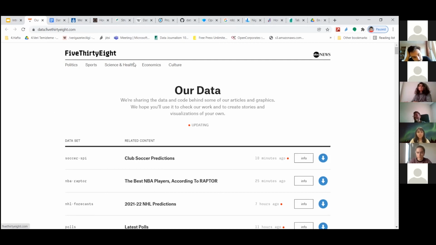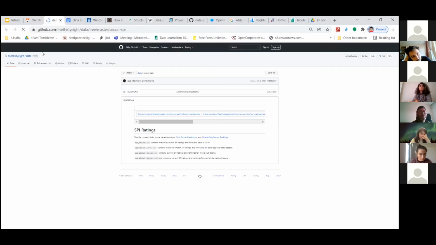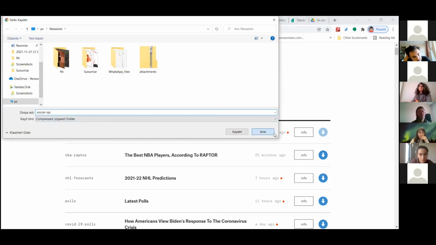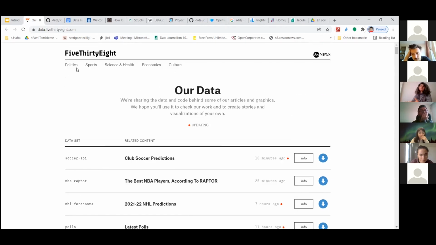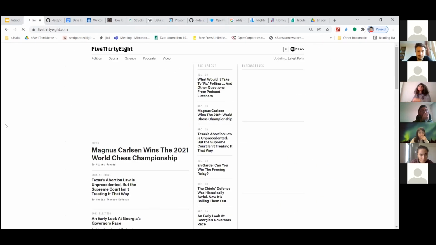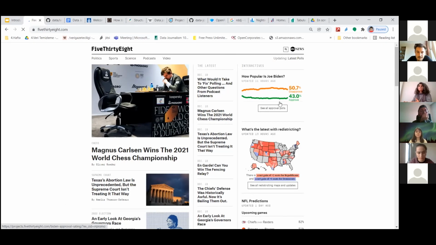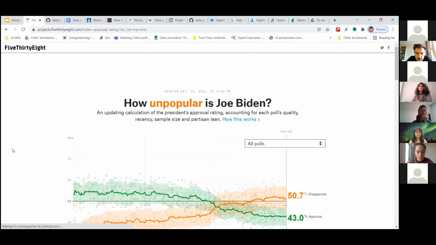About 538, they are sharing all the data about their estimation, all their statistical models. And another important thing, they explain everything on GitHub, and you can get all the README details and the model as well. You can download their data as CSV, and they share all the CSVs, and you know how they update their data, with the explanation as well. Another good thing is that they really do high standard data journalism. For instance, you'll probably enjoy this one, how popular is Joe Biden. All the time, they keep tracking the data about